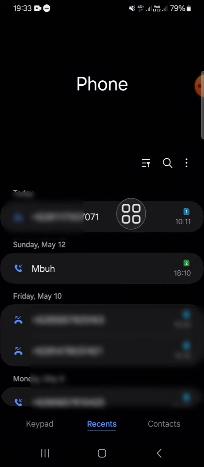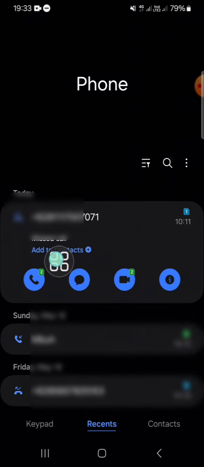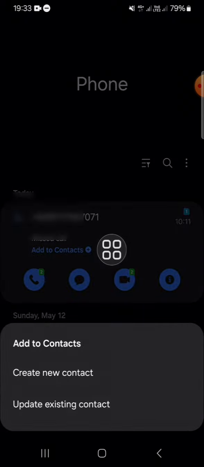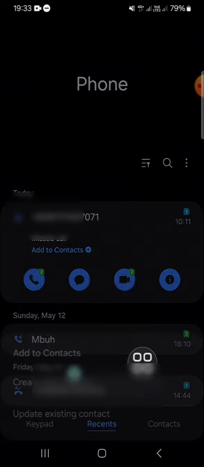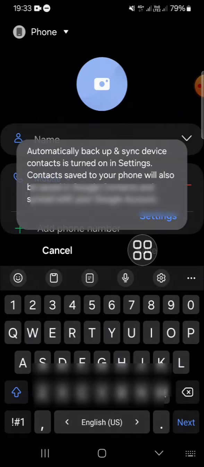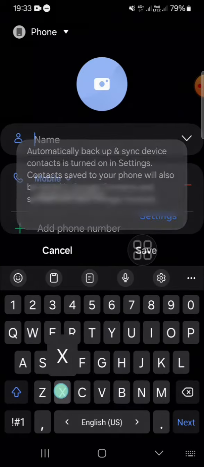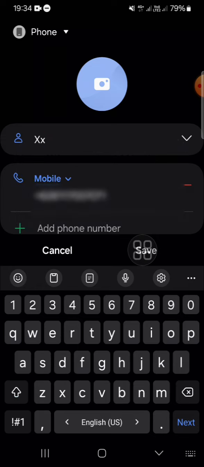For example, we can click on the call log number, then we can click on add to contact right here, and here we have two options. We can select create new contact or update existing contact, and I'm just going to create new contact, and we can name the contact. I'm going to name it like this. Once we're done naming the contact or the phone number, we can click on save to save this phone number